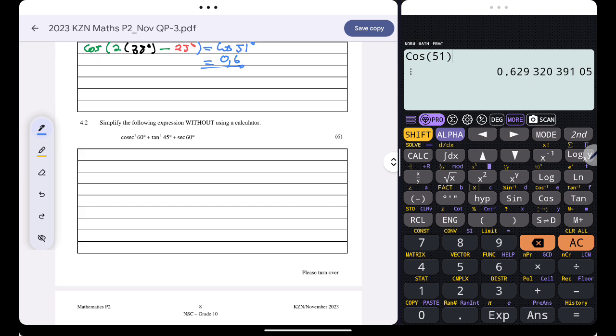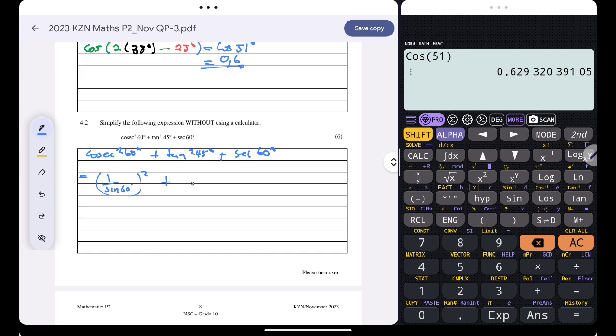Okay, simplify the following without using a calculator. I'm asked to find cosec squared of 60 plus tan squared 45 plus sec 60 degrees, right? Cosec is 1 over sine, so this is the same as 1 over sine 60 degrees. If you square the trig ratio, it's the same as squaring everything,